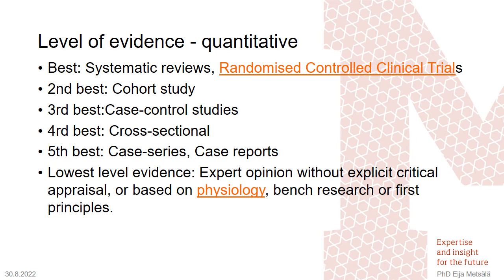As I mentioned to you, we only want to base our decision on best level evidence. And what is best quality evidence? There are different criteria for quantitative and qualitative studies. The highest level of evidence in quantitative studies represent systematic reviews and randomized controlled trials because sources of bias have been